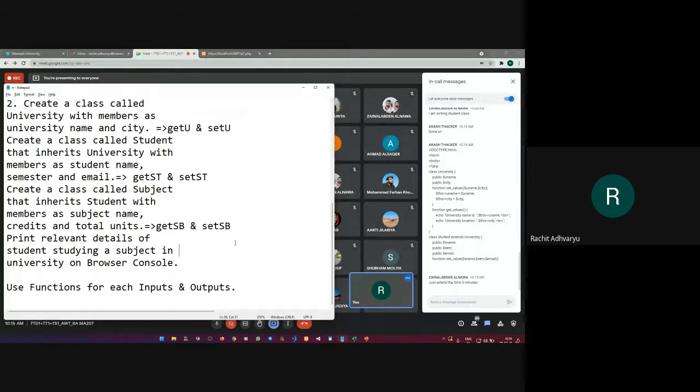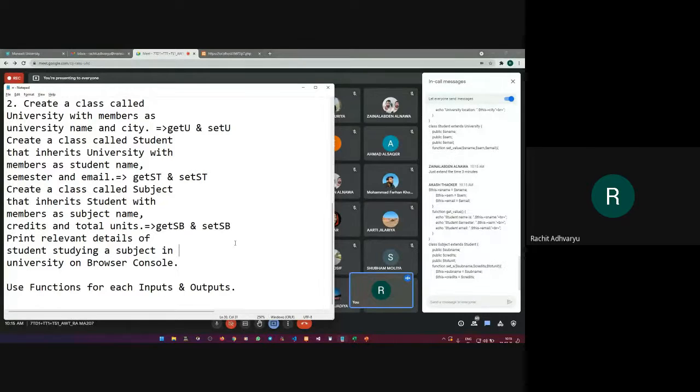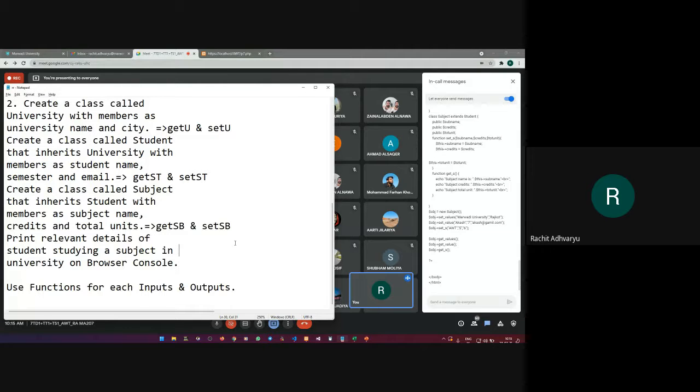Okay, right. I can assume what you have done for the rest of the program. Yeah, I want to see the objects. That is the important part for me. What object have you created? Your object of subject. Okay. Set values, set value.